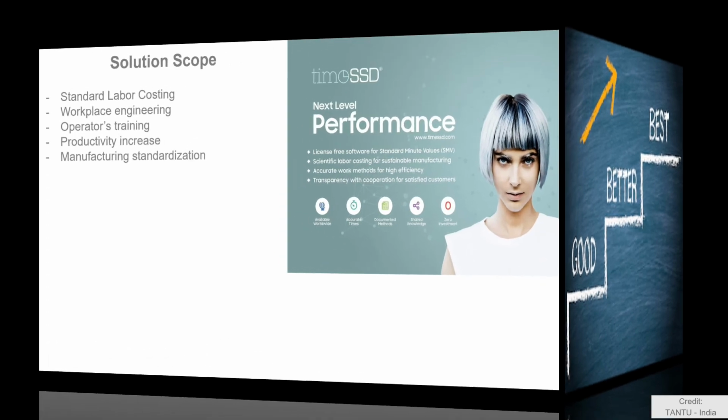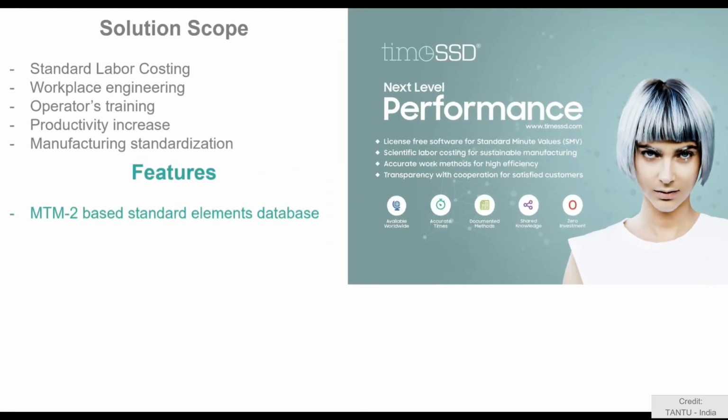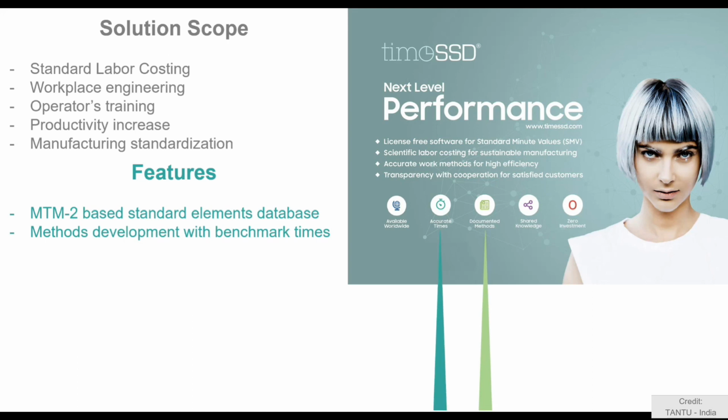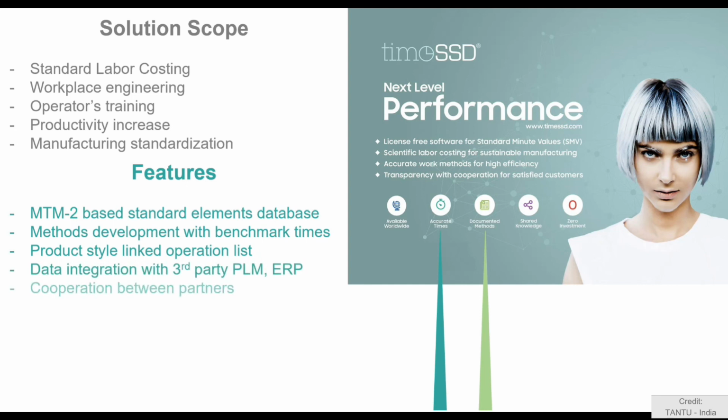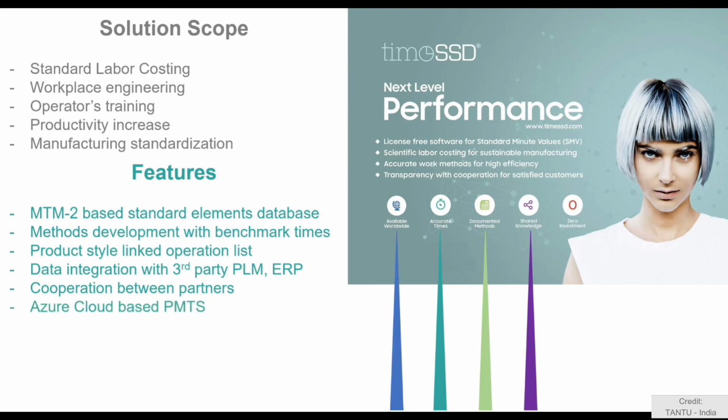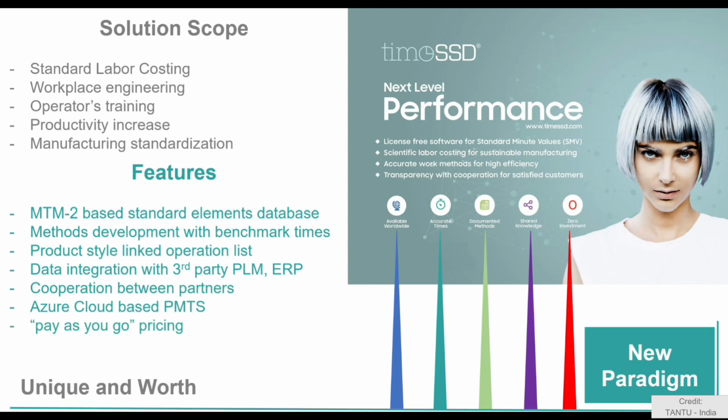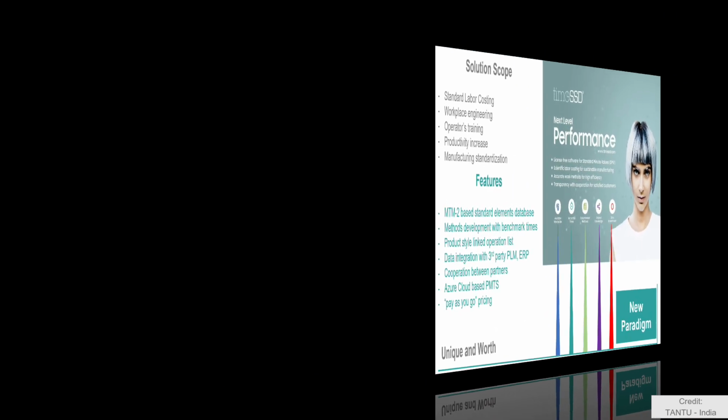The responsibility of the industrial engineer is understanding and deciding on the best method. That is, no PMTS software can tell you what is the best method. PMTS software, any PMTS software, can only tell you that if you have chosen a method, it should be able to tell you what should be the 100% operator's time following that method. Anywhere in the world, it will not change.